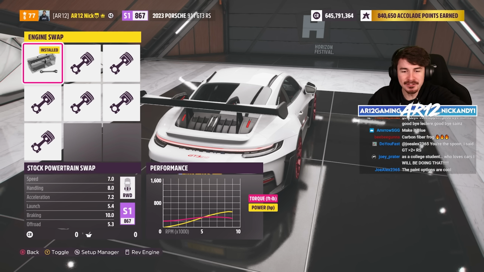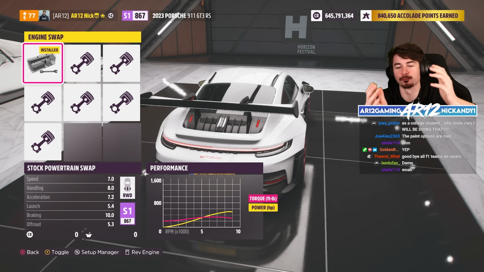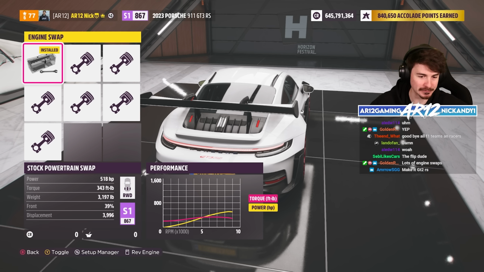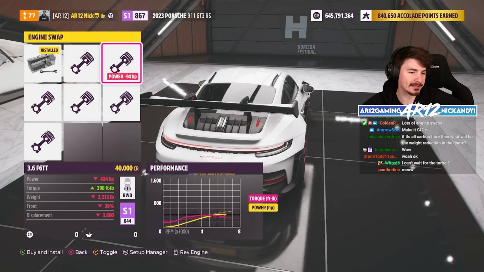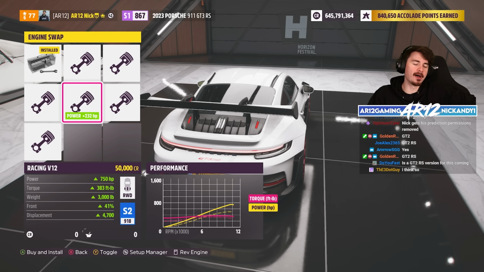Never mind. The engine in this thing is a 4-liter engine stock. There's like no room in the back of this thing to put a different engine in, unless of course you're Forza Horizon, in which case the rules don't apply to you. We can put in a 4-liter flat 6. We can go 3.6 flat 6 twin turbo. Very nice. We're gonna have all the Porsche engines, aren't we? Yes, we will. What the...